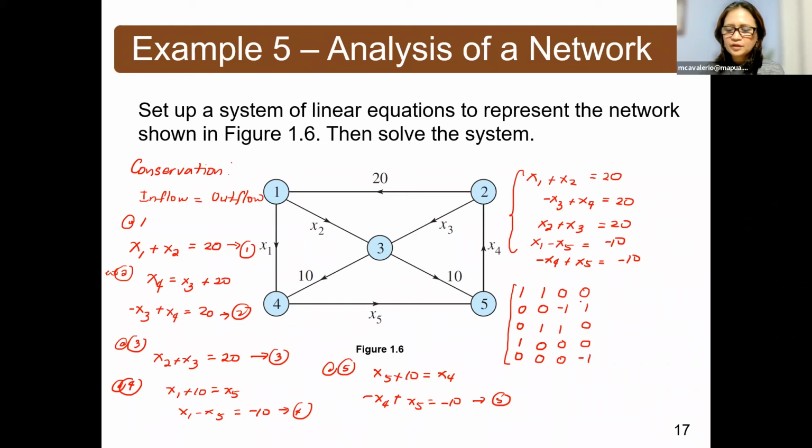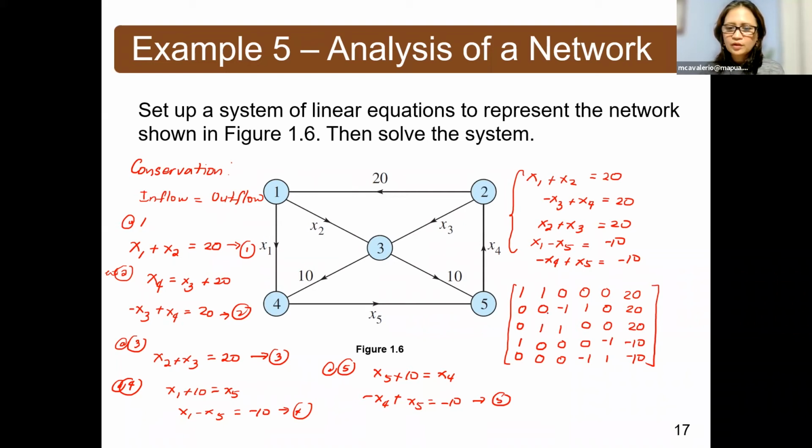Finally, for the coefficients of x sub 5, you have 0, 0, 0, negative 1, and positive 1. And of course, the constants, which are 20, 20, 20, negative 10, and negative 10. Now, since we're able to set up the system of equations as well as the augmented matrix, we are ready to